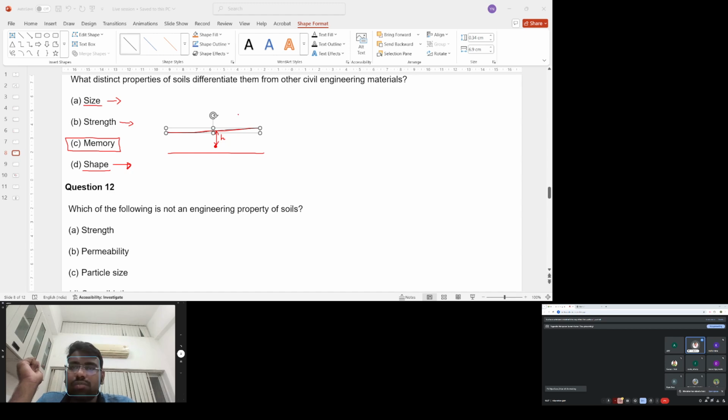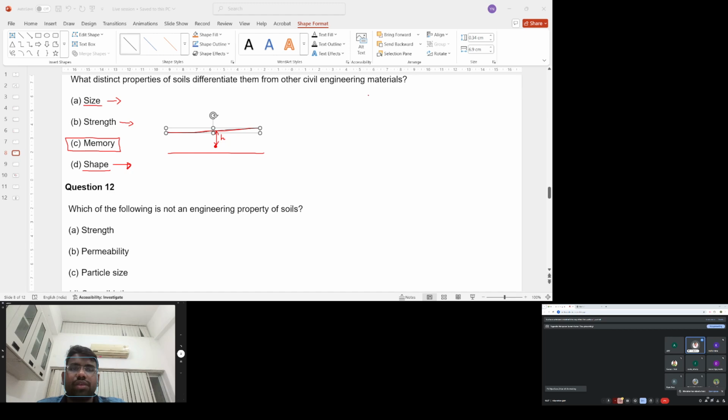So let me start again. Let us consider a layer of soil, and you consider a point here which is of our interest. There are two situations which I would like to give. One is you add an extra layer of soil here, that is one situation. You add some extra amount, some X. And the second situation is you remove a particular amount of soil from the existing